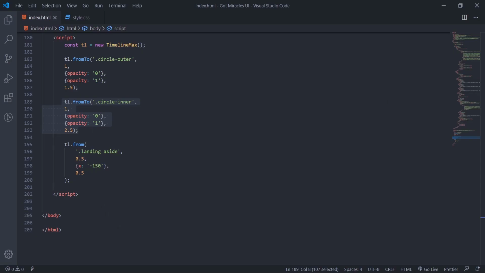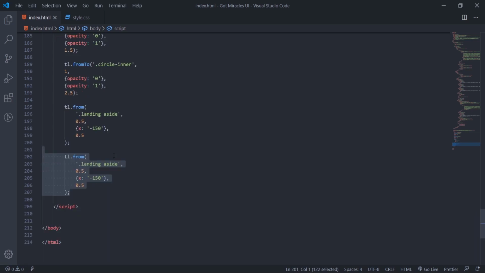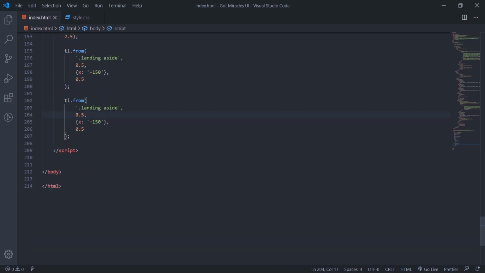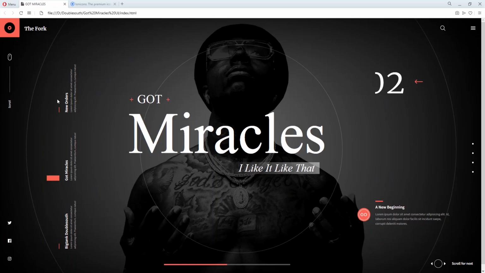So we'll animate this top now. I'll duplicate this one, then we'll target the header, landing section header. I'll set this one to 0.8, not 0.5, and the y-axis, because it will push down from up top. We'll make it minus 150, but this time the delay will be 1. If I refresh, you see them, then this one shows.